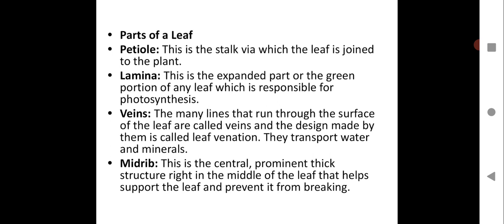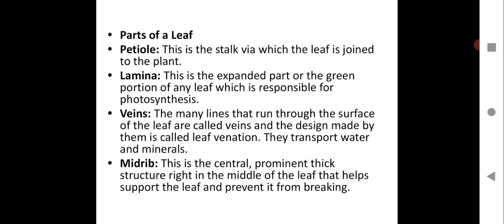So the different design is because they run across the leaf surface and they create a design. How the design is created, that is called leaf venation. Different types of leaves will show different types of design of the veins. So they transport water and minerals as well. So as blood is supplied in a body with the help of the veins, similarly in leaves, water and minerals are supplied to all the various parts of the plant with the help of the veins.